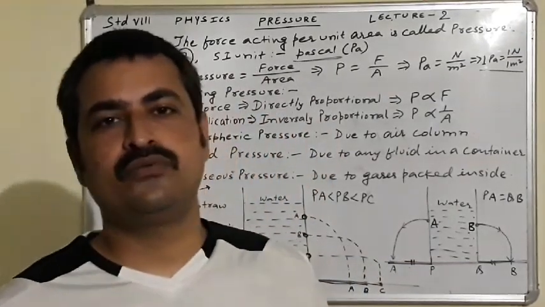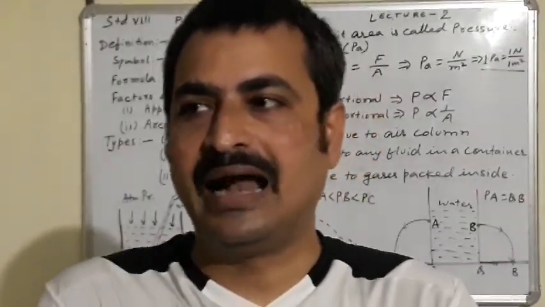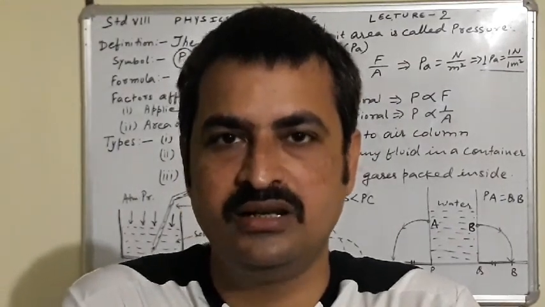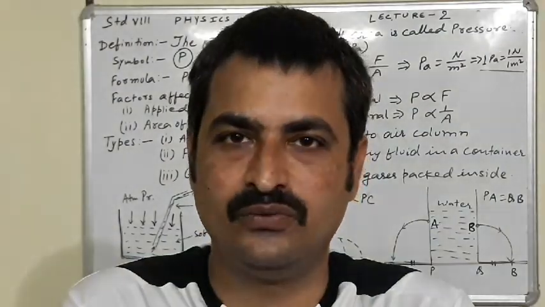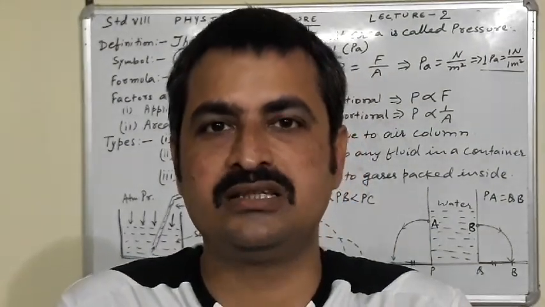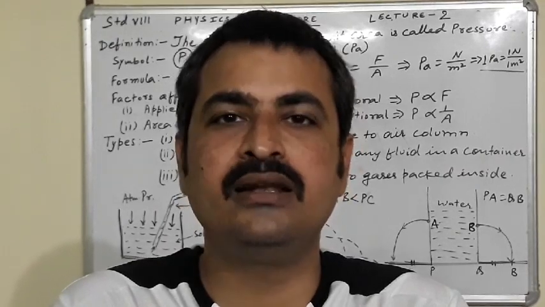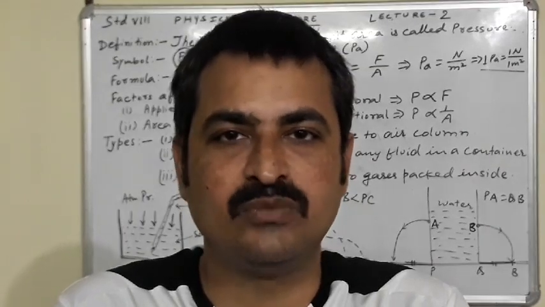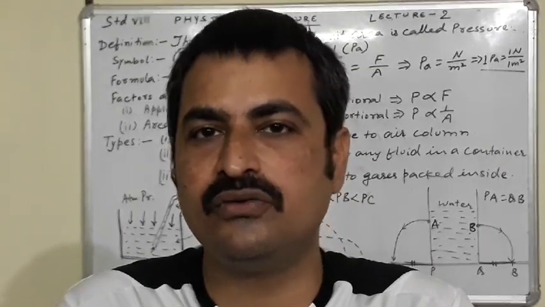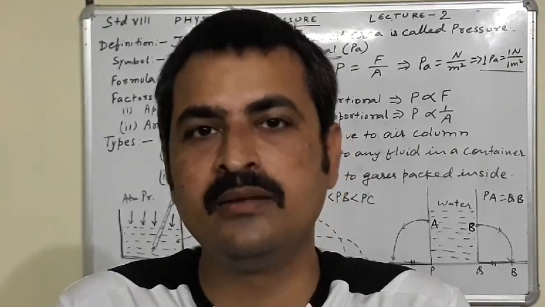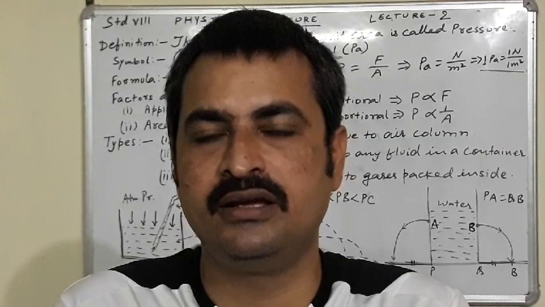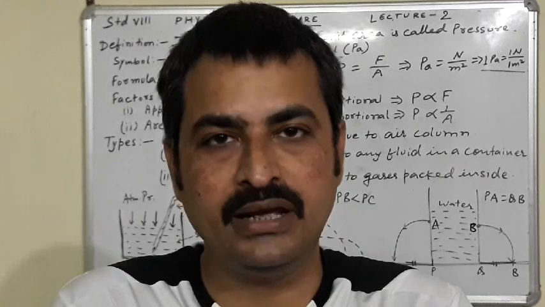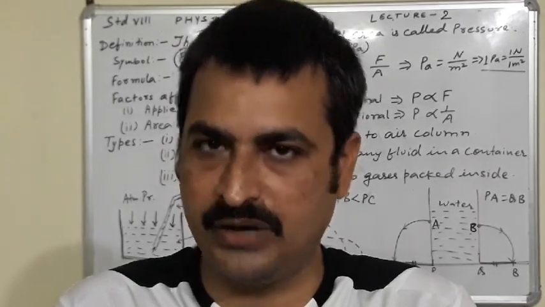When I was explaining force and its SI unit, at that moment I had also explained that Newton is the SI unit of force. When Newton is written with capital N, then it is the scientist. If Newton is written with a small n, then it is the SI unit of force. Similarly, if Pascal is written with capital P, it is the name of the scientist. If it is written with a small p, then it is the SI unit of pressure.